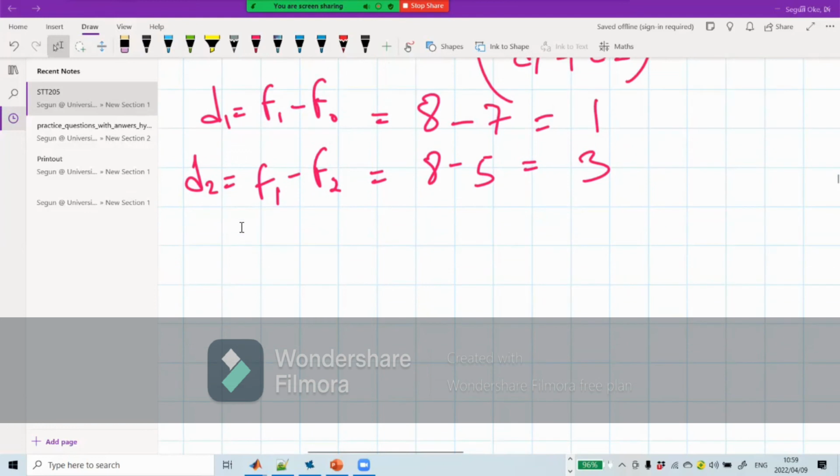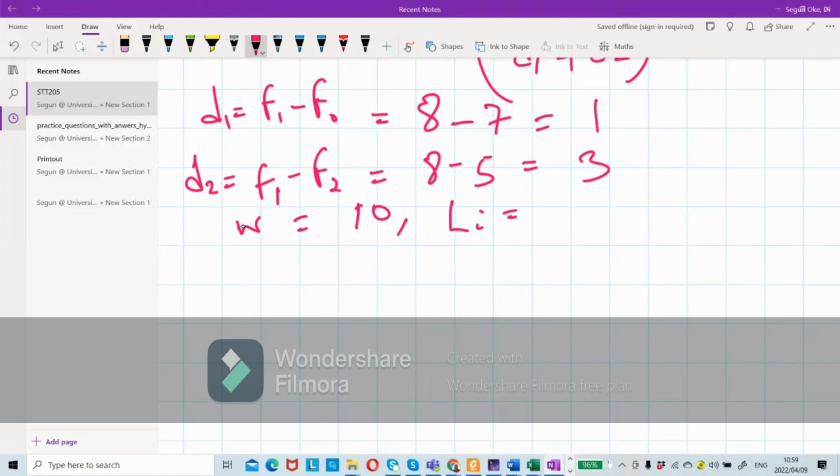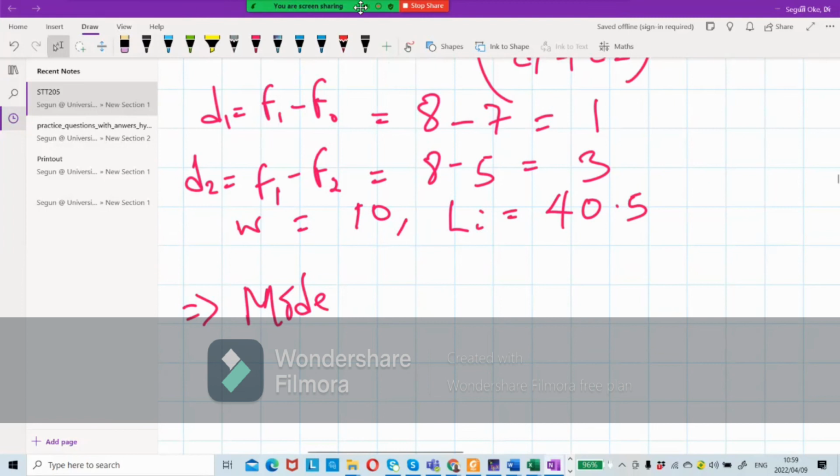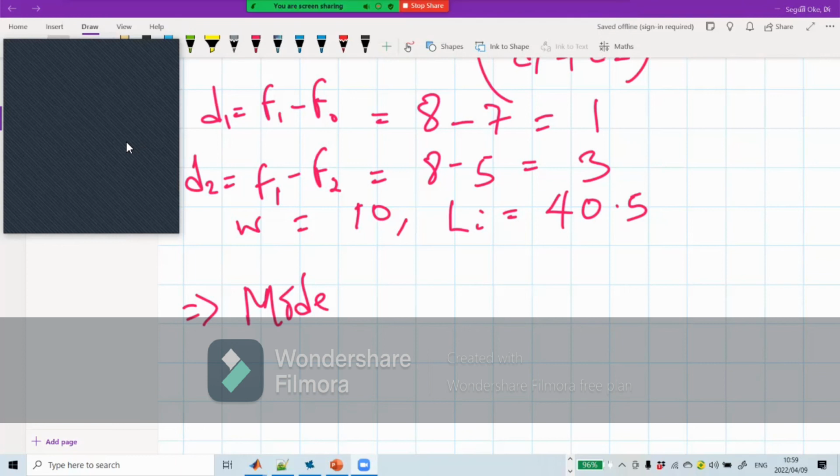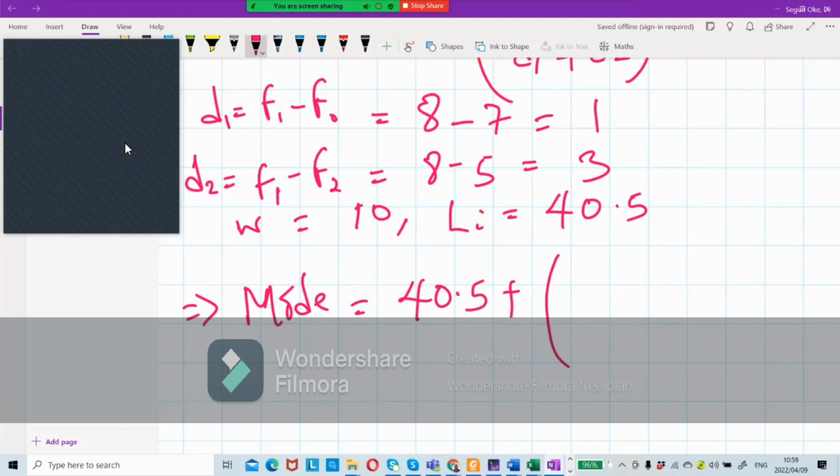So we have it. Our class width is what? 10. Lower class boundary is what? 40.5. So let's put it in the question. Mode equals Li, which is 40.5, plus